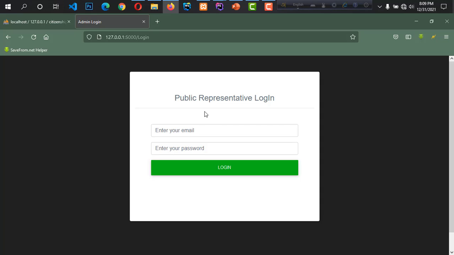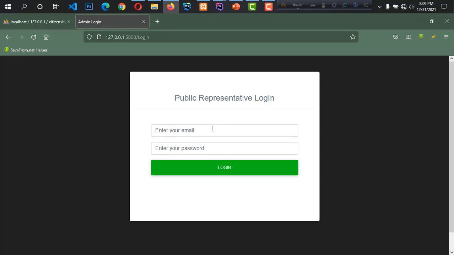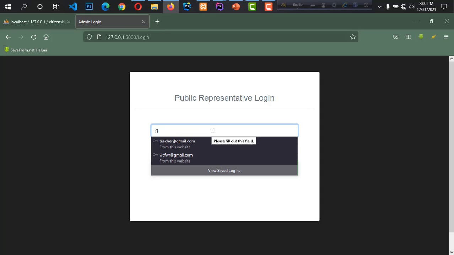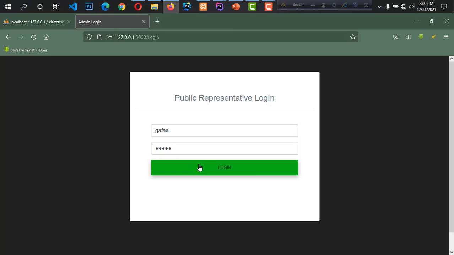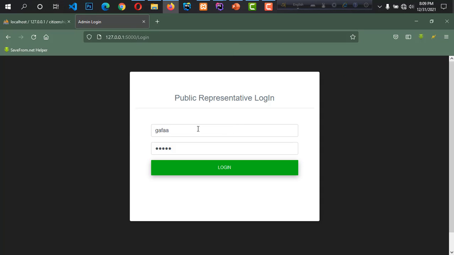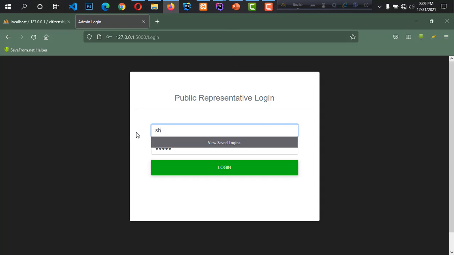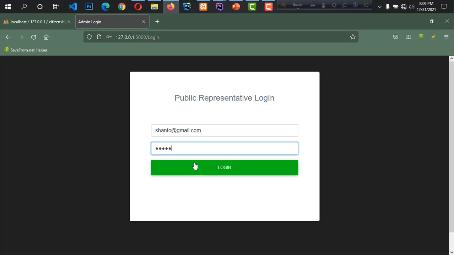Now I am talking about public representative interface. So basically public representative can log in by their username and password. If I give wrong password, what happens we can see, email invalid, so we cannot log in. Now I give valid email and valid password.